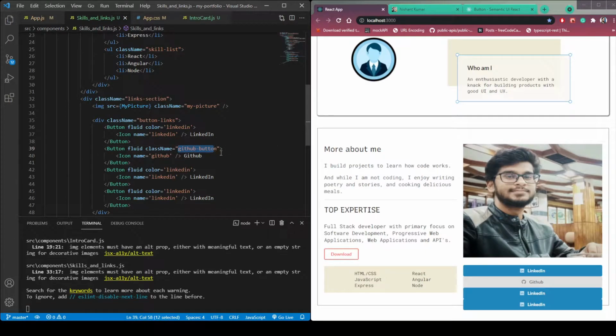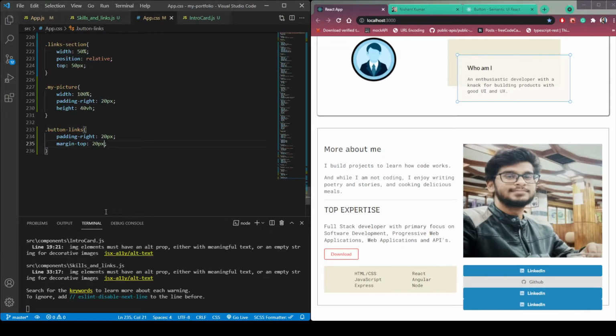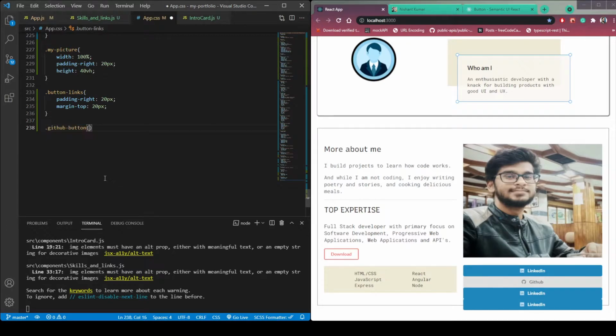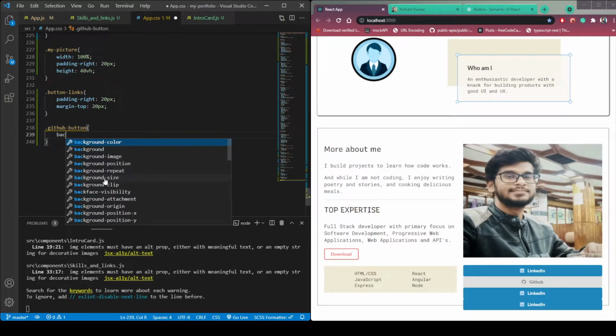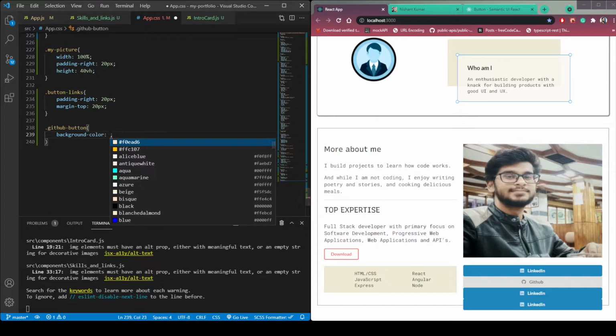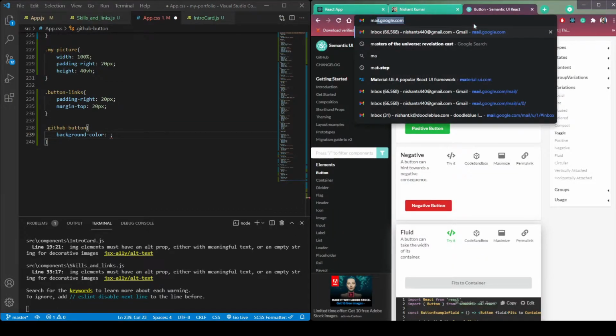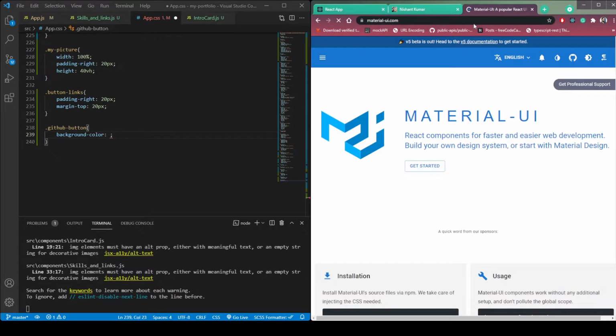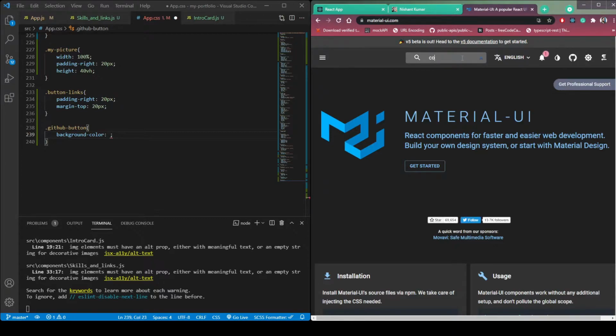Copy this GitHub button class name, and inside app.css paste it. Then background color, let's use the material UI reference. So material UI, then search color here.